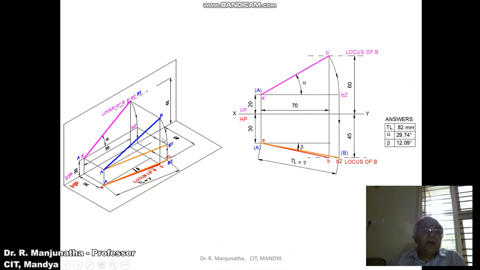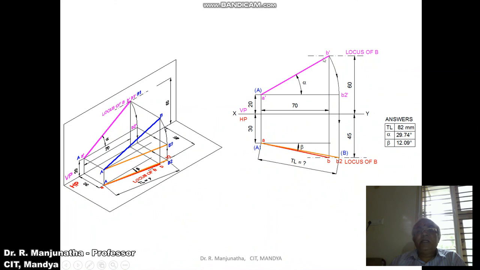Similarly, when you want to find out the true length in HP, you make that line which is in space parallel to HP. When you rotate it, make it parallel to HP, AB2 is parallel to HP, so you are getting the true length in HP. When you rotate this, that means actually you are rotating in the front view. That image is in the vertical plane with A dash as center, taking the radius of A dash B dash, and you rotate it, make it parallel to HP. Then its corresponding top view will be in true length. That is what we have shown here.